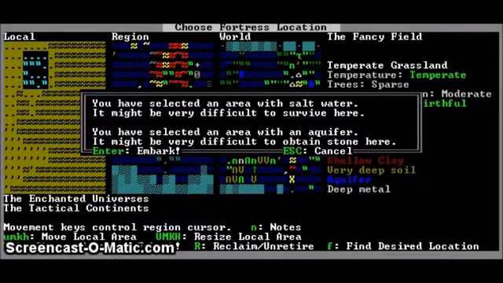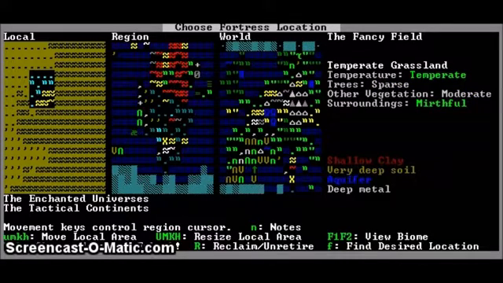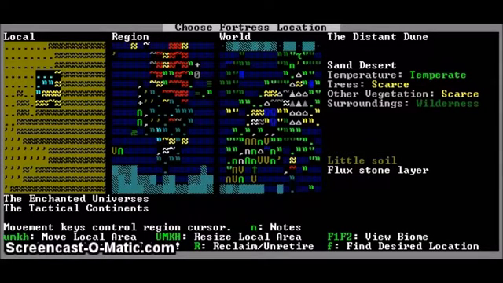How do you like that game? With salt water. And an aquifer. What? Did I move too much? So it had... Oh, right, okay, so being on here is what causes... Okay, how about there? It's sitting there with salt water, and it's got an aquifer. It says it doesn't have an aquifer. Okay, well...